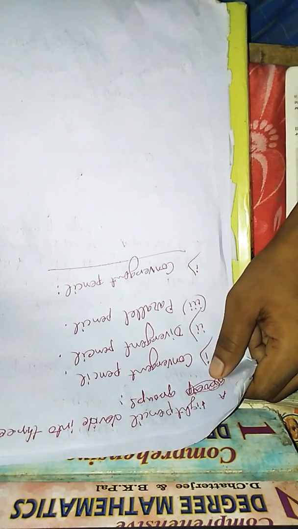I hope you all know the meaning of convergent. Convergent means meeting at a particular point. Okay, meet at a particular point. The convergent pencil is that